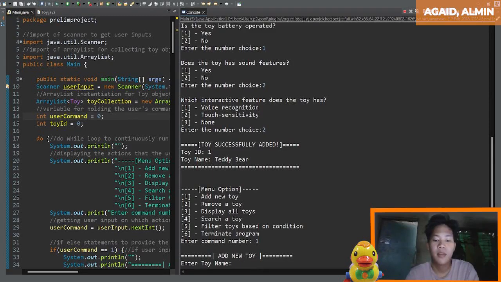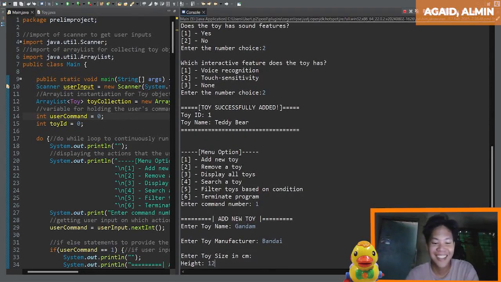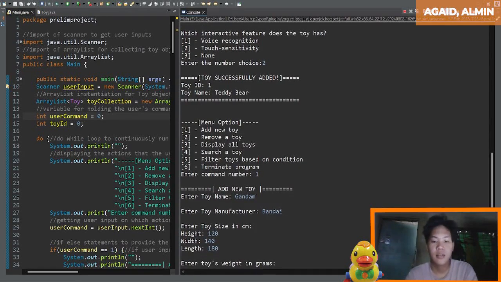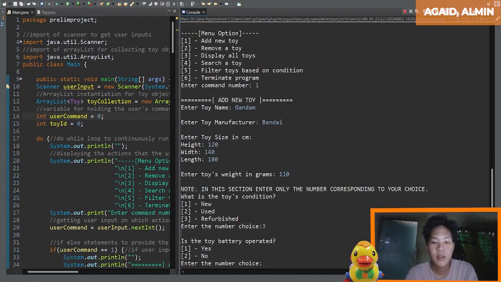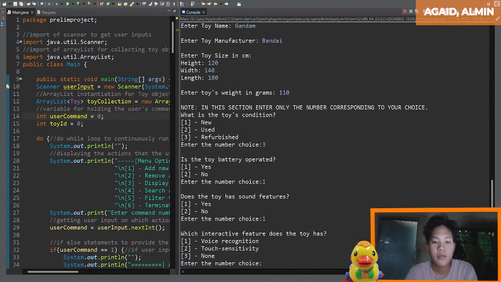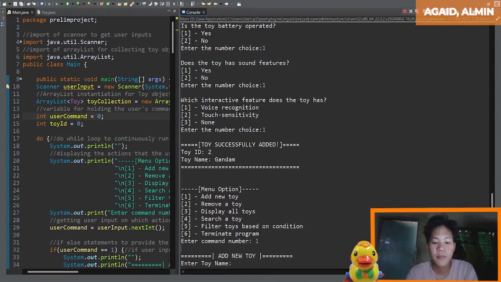Gundam. Hindi ko alam spelling. Tortoise with and grounds.